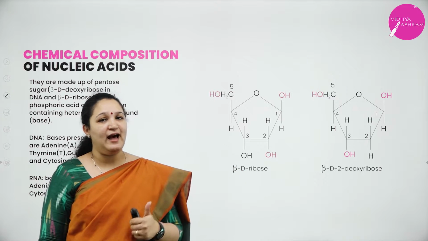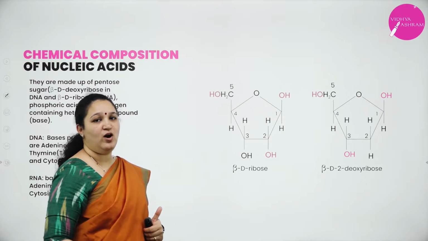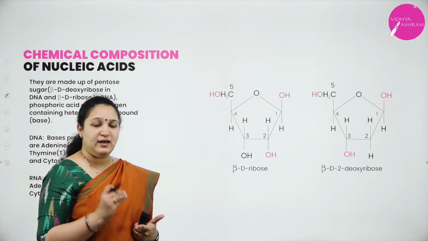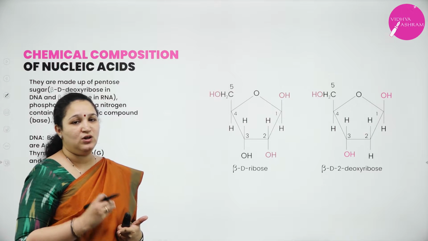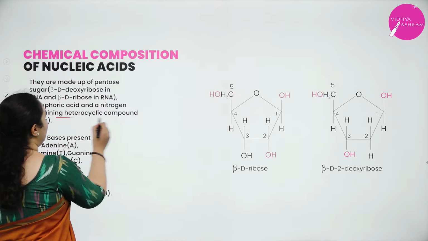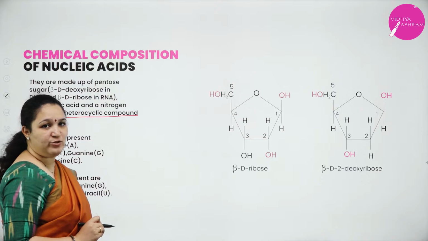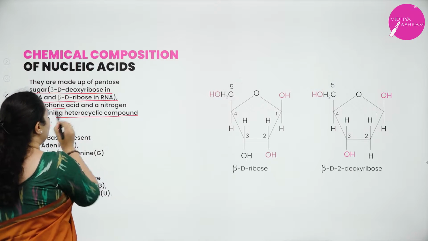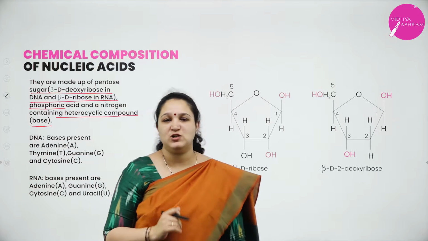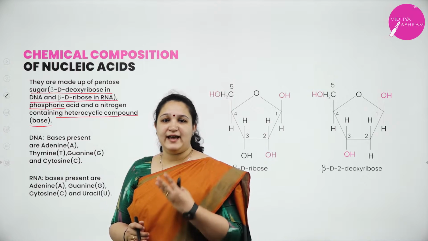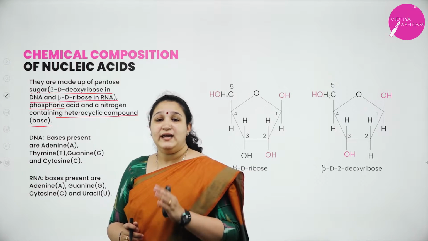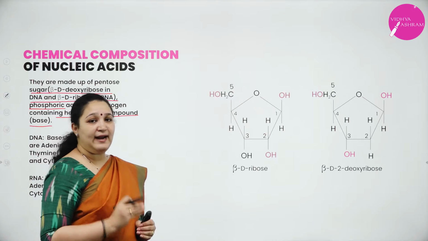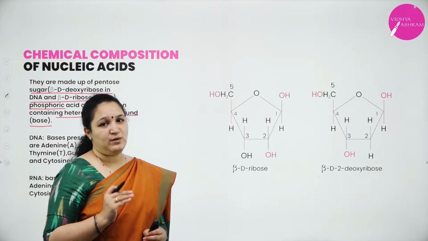First one is they have a sugar component, or a sugar molecule. Then they have a heterocyclic compound with nitrogen called a base. So a heterocyclic compound which contains nitrogen is called a base. They have sugar, and the other component is phosphate group or phosphoric acid group. So basically they have three components. Now in DNA there is only deoxyribose sugar, and in RNA we have ribose sugar.